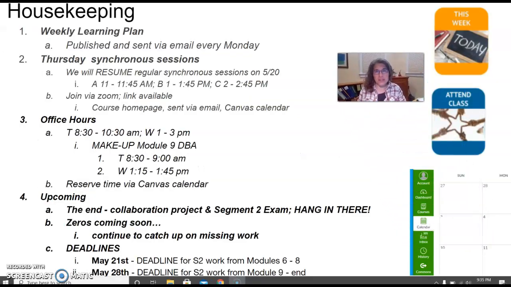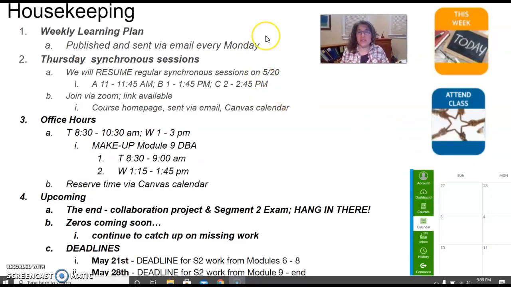We're going to jump right into some housekeeping things. As you know, you should be using the weekly learning plan as a guide, as it contains more details than what you may be able to see directly in Canvas. It is also helpful to think about the fact that those past weekly learning plans contain a lot of useful information as well, including some additional resources like videos that may give you some other ideas about how to prepare, how to study, or how to review certain concepts.